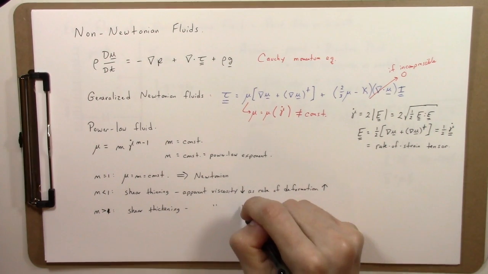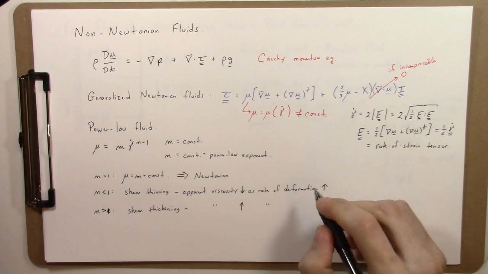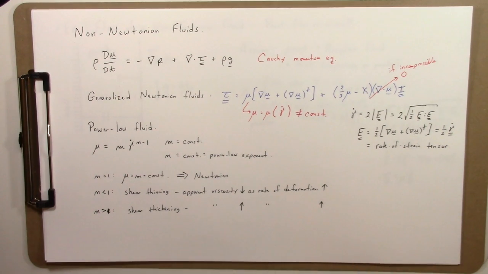The apparent viscosity increases as the rate of deformation increases. So if you increase the rate of strain, you increase the rate of stirring, a shear thickening liquid appears to become more viscous or thicker. So the power law model is a simplification of the actual behavior of complicated polymer solutions with non-Newtonian characteristics, but it